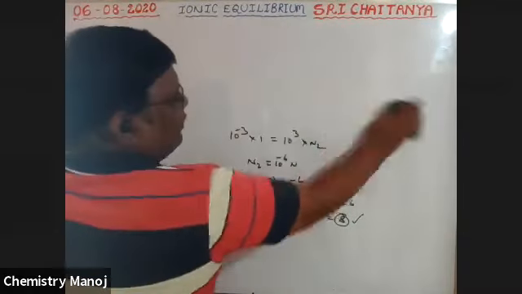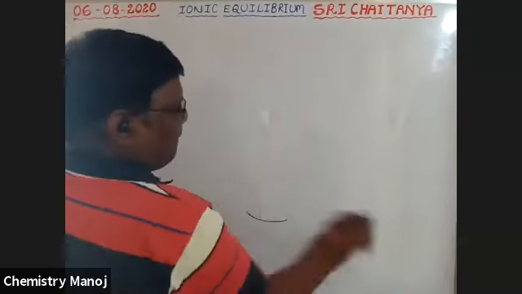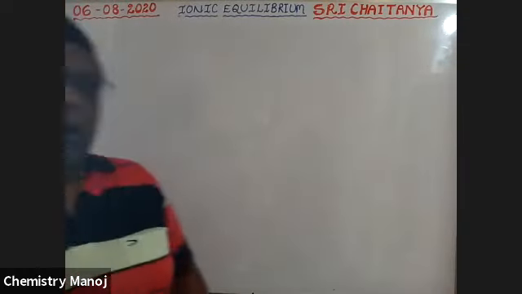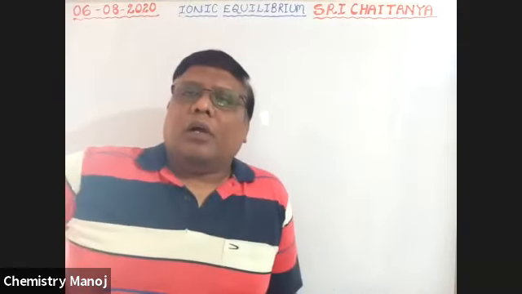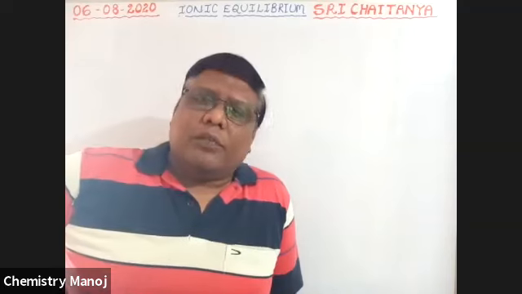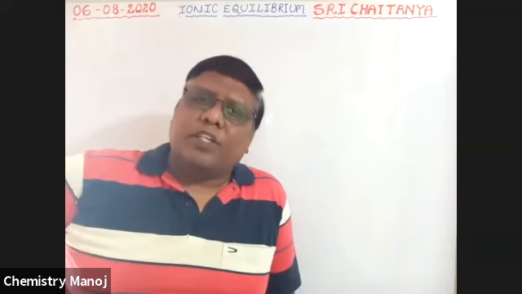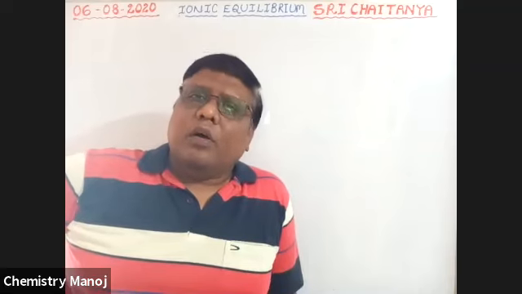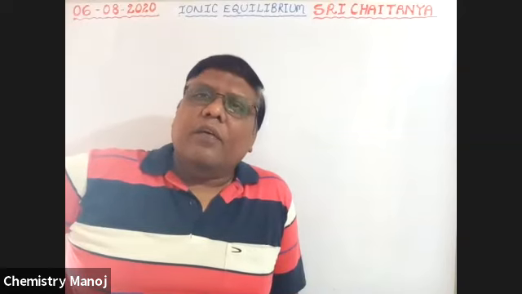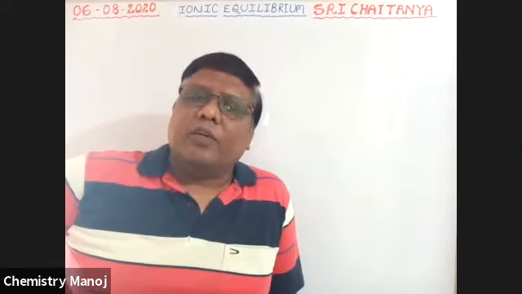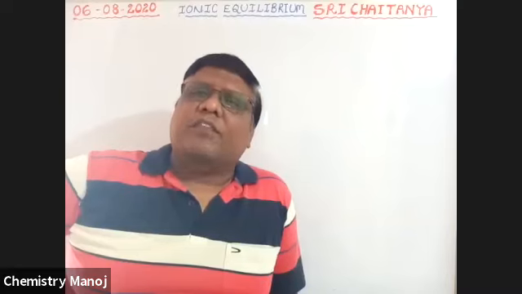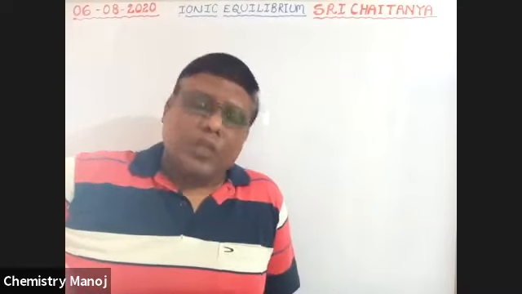Next, boys. Up to now, we completed mixtures of two or more strong acids, mixtures of two or more strong bases, or a mixture of a strong acid and a strong base. Now we are entering into the weak acid and weak base conditions. So how to calculate pH of weak acids or weak bases?